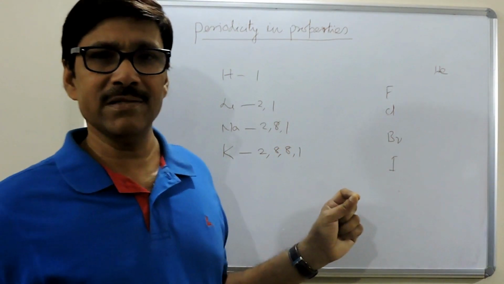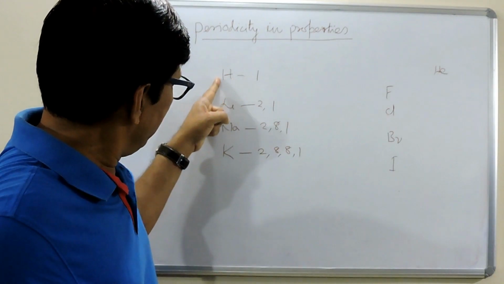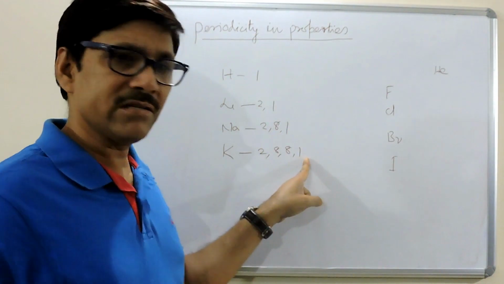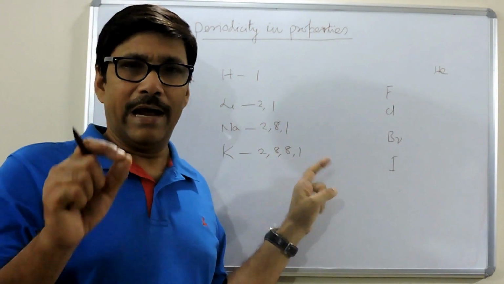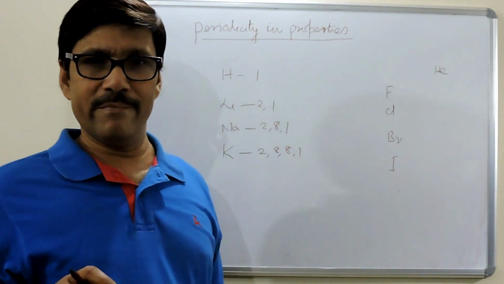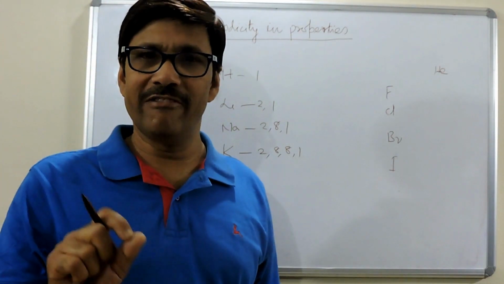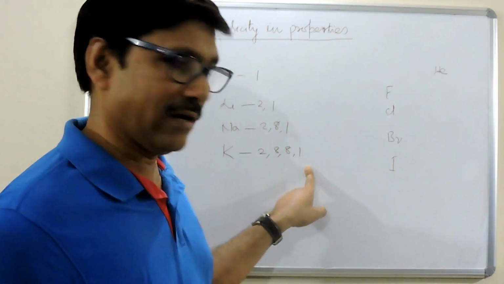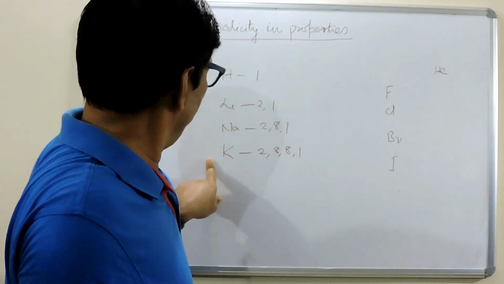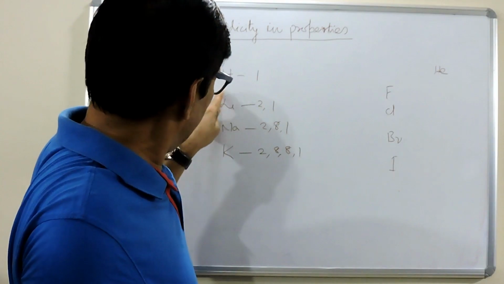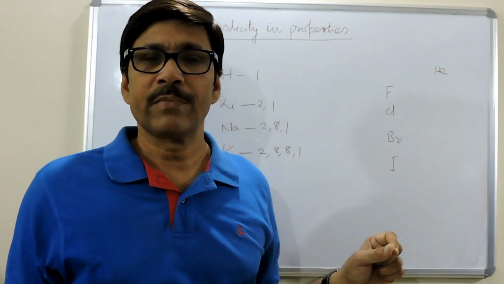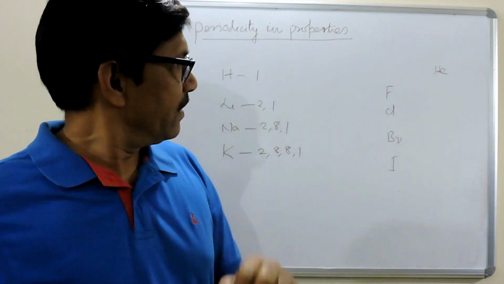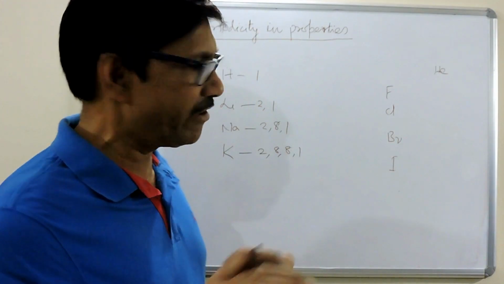So what you find is all the elements in group 1 have one electron in their last shell, and the chemical properties of an element depend on the number of valence electrons. All these elements have one electron in their valence shell, and so all these elements of group 1, which we also call alkali metals, have similar properties due to the presence of one electron in their valence shell. Now coming to halogens, if you write the configuration of these halogens,